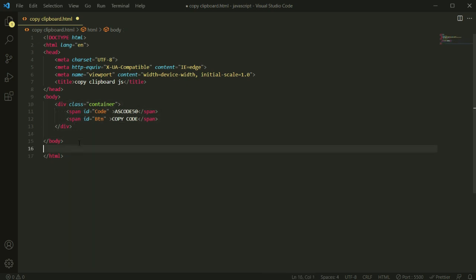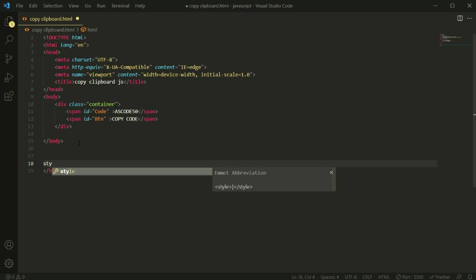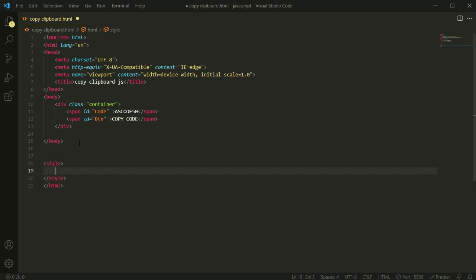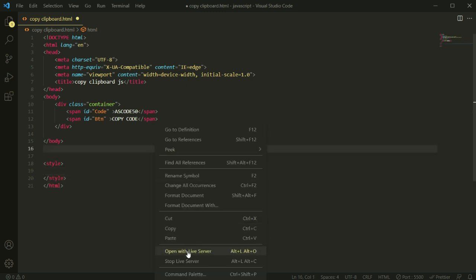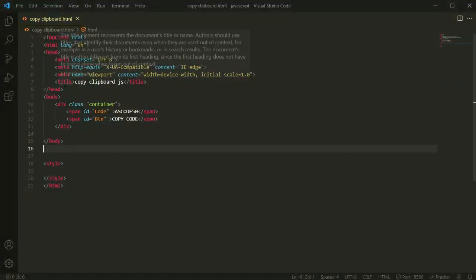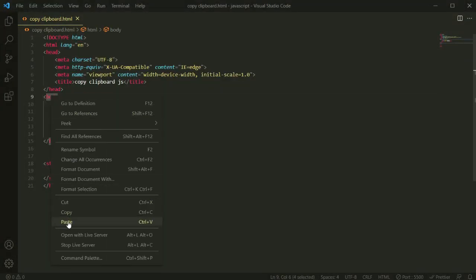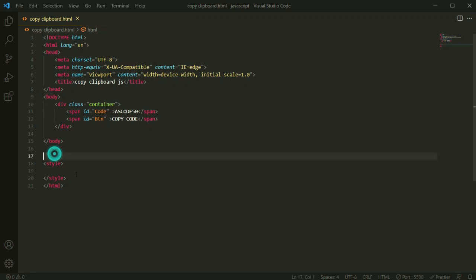Now let me apply some CSS here, so that we can easily make the design. If we check out this viewport, you can see how it was showing here. It was not looking good, so we are going to make it stylish in the center. Let's write the CSS. First of all, we will write CSS for the body.